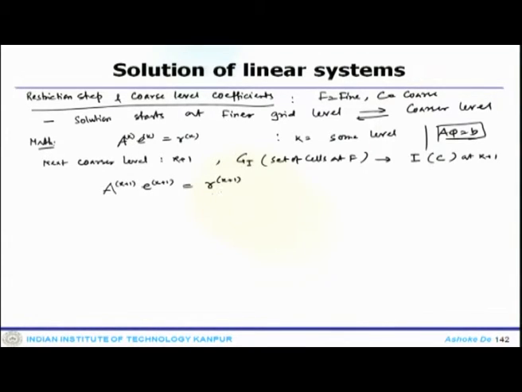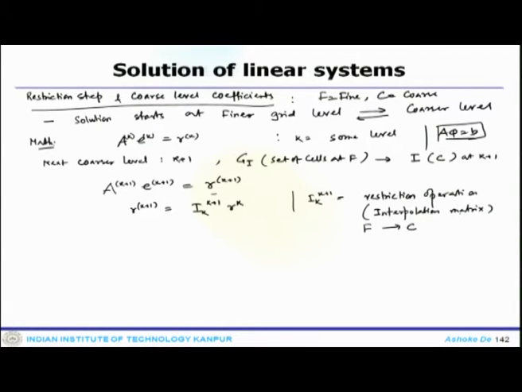Now, the residual on the right-hand side can be computed as R_(k+1) equals I_(k+1) R_k. This I_(k+1) is essentially the restriction operator, or the other way one can think about it, an interpolation matrix from the fine grid level to the coarser grid level through the agglomeration process. Through that you do the transformation.